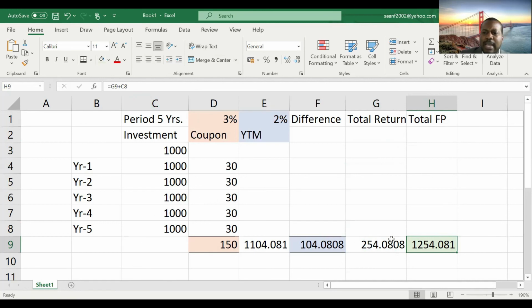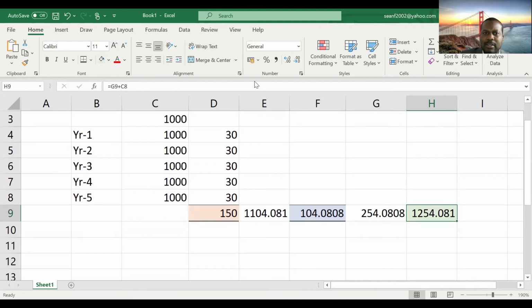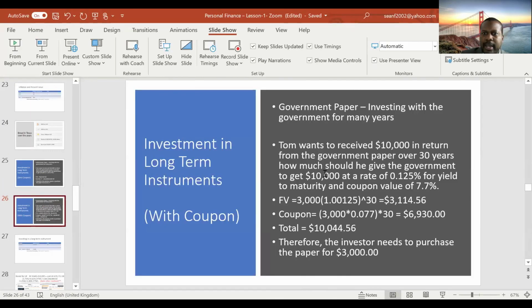All right, let's look at this investment that we had. Let's go back to the other one, bearing in mind all of those principles. Here, we want to receive 10,000, and there are 30 years. And basically, we're getting a coupon payment of 7.7, and we're trying to start off with